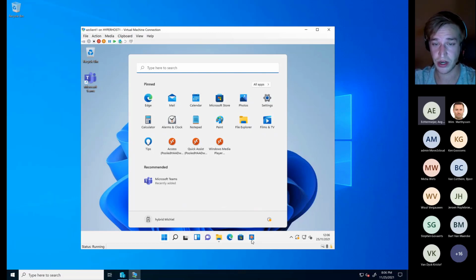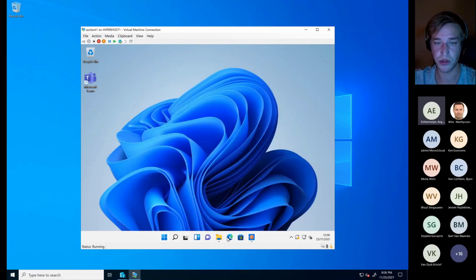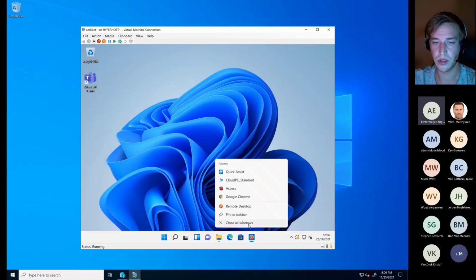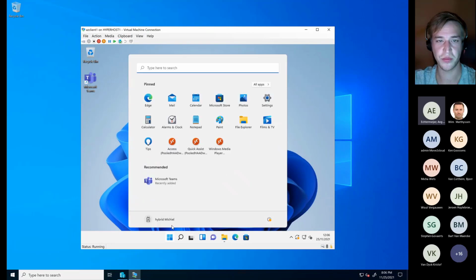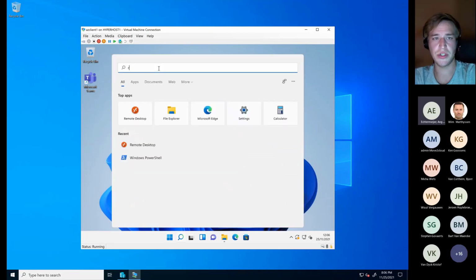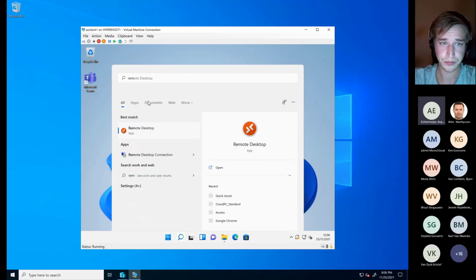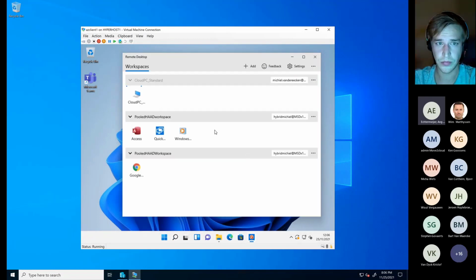And next to that, we can also, of course, which we want to show, I'm just going to close this one for a second. Yep, it's getting complicated, all these remote desktop sessions. So let me just open remote desktop here, the application. And what we also see, we see our remote apps, which are published to Azure Virtual Desktop, but we also see our cloud PC. And this is the Windows 365 PC, which is available to our use,